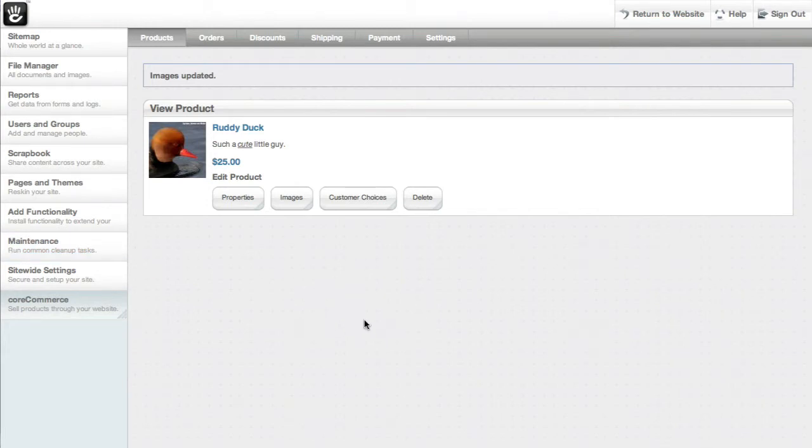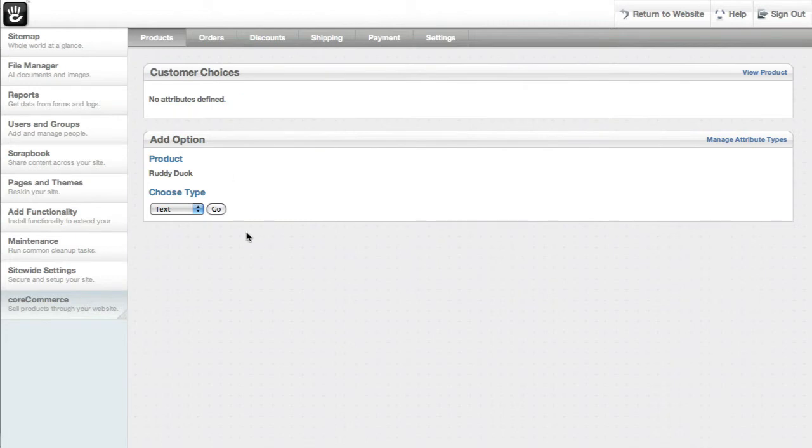And the other interesting thing you can do here is you can make some customer choices. So we talked briefly about the attributes you can set for a product, like its gender. Well, sometimes you want to let a customer choose as part of an order. Say we had 500 ducks and we had both female and male, and we wanted to let people pick as they purchased one. Well, these attributes will be associated with the product, but the customer will have to fill them in when they make an order. So it's really an order row attribute, if you will. We're going to choose a select box,